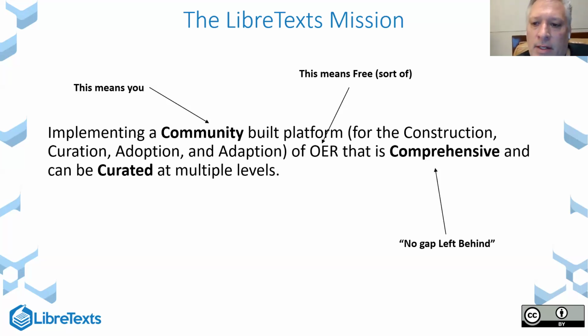Comprehensive means that while the LibreTexts and the ADAPT homework system were born out of a chemistry-based project, we've expanded to basically include all of academia, anything that's of particular interest for students to capitalize on, whether it's more traditional academia or workforce related. Even in the K-12 landscape and graduate level landscape, we have an interest. We follow a no-gap-left-behind policy where we try to fill in the gaps associated with our broad scope.